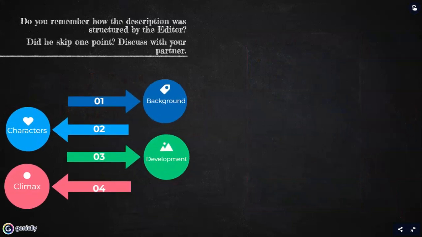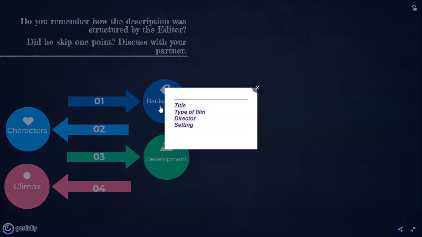Okay, here you need to remind your students the correct structure of a plot. Make sure you encourage your students to speak and interact with each other. So you tell them, do you remember how the description was structured by the editor? Did he skip one point? So here you have the background, and you talk to them, and they say, okay, maybe I don't remember